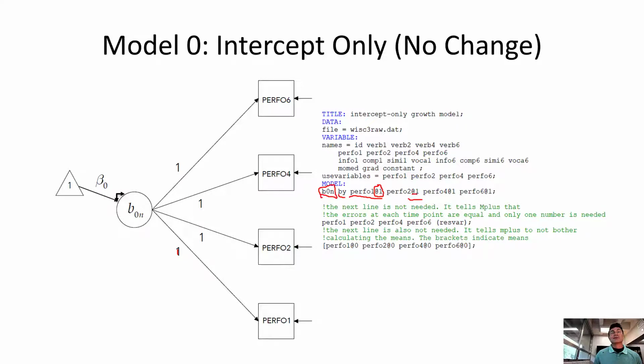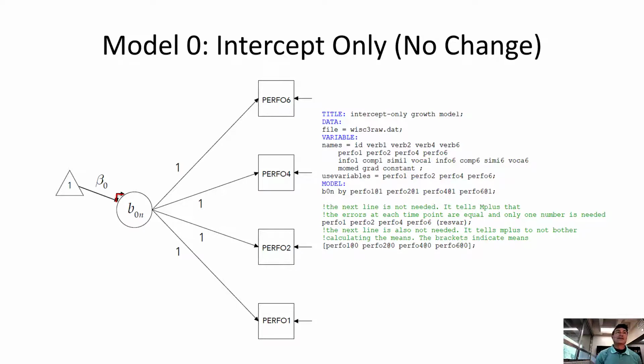Same thing with this second one. Performance in the second grade is going to be set at 1. Performance in the fourth grade set at 1, and performance in the sixth grade set at 1. So Mplus really is not going to have much work to do in this model. It's not estimating these. These are all set at 1. What Mplus is going to have to do, it's going to have to estimate this average for the factor. So this is going to calculate an average intercept. So in repeated measures, we just get the average. This is going to calculate this average intercept. It's also going to calculate the variance of this factor.